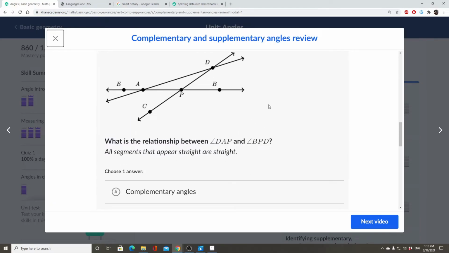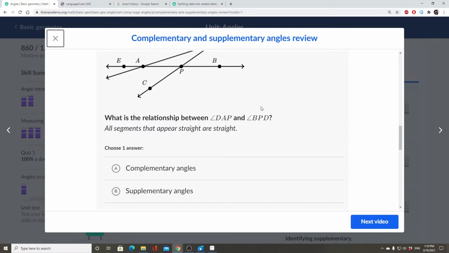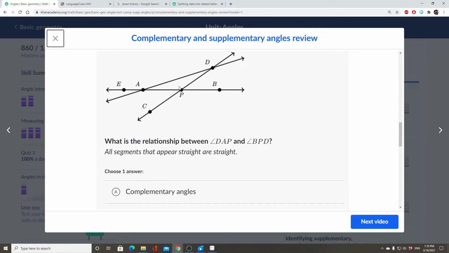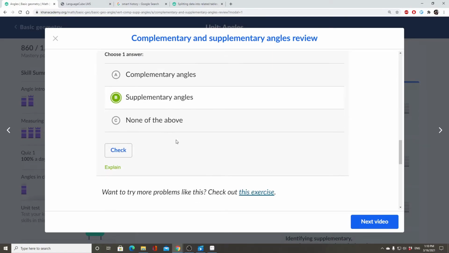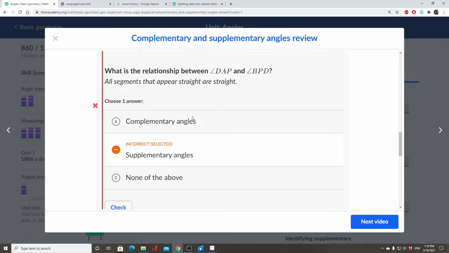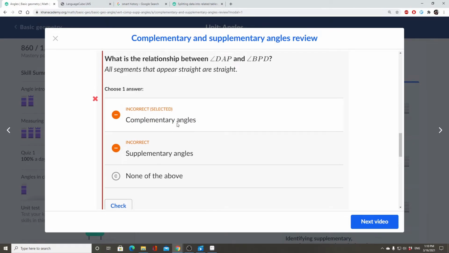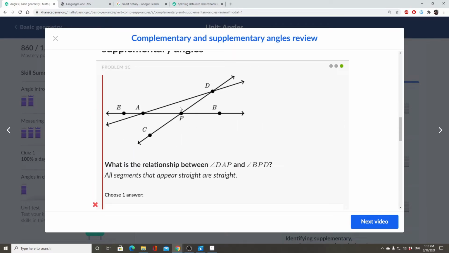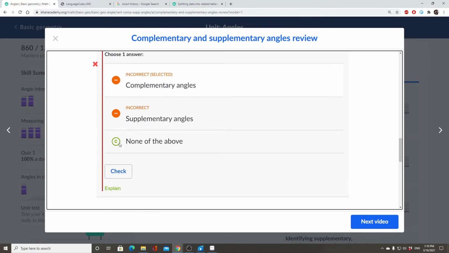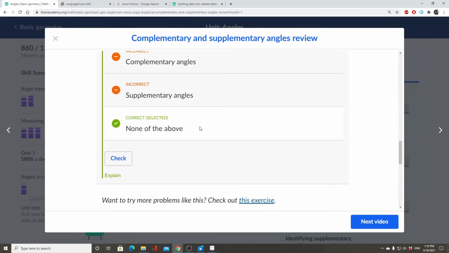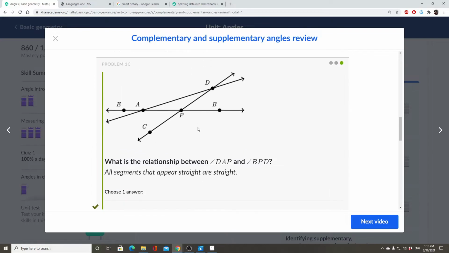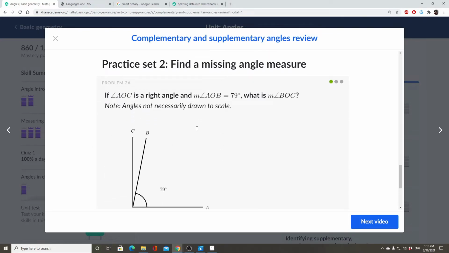If I had to guess what that was, I'd probably say they're complementary, because that looks like they'd be equal to about 90 degrees. Complementary. Let's see. Could be none of the above, though. I don't know. Okay, I'm going to go with my gut here. I might be wrong. I'm wrong. Oh, sorry, I meant to say complementary, didn't I? But it's also wrong. So, look at that. It looked like maybe this wasn't quite 90 degrees, so, okay. Anyway.